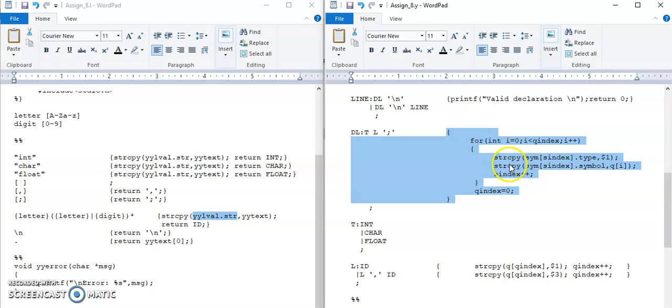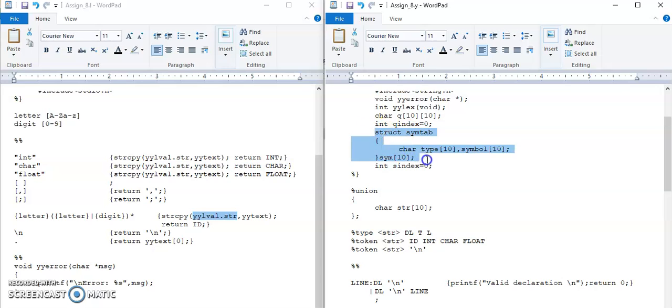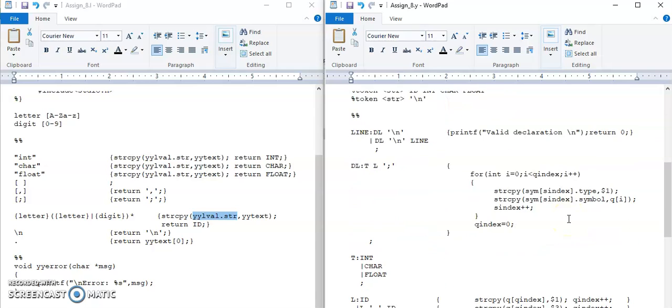The action is that enter all the variables which are represented by this list and the data type which is represented by T in the SymTab, which has the variable sim, which we have declared in the first section. So SymTab is declared and sim is its array which has type and symbol as its members.